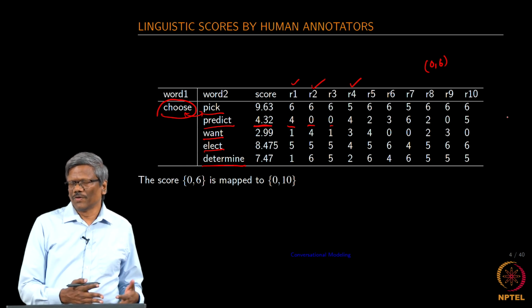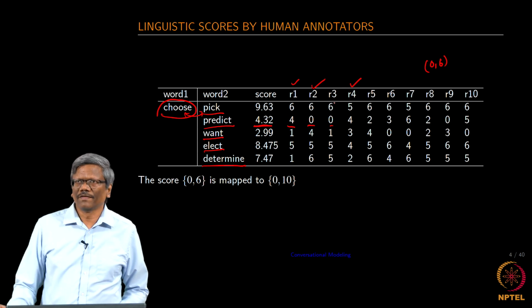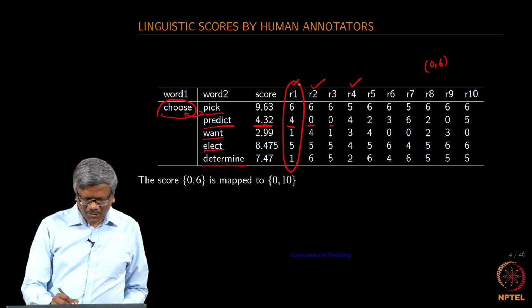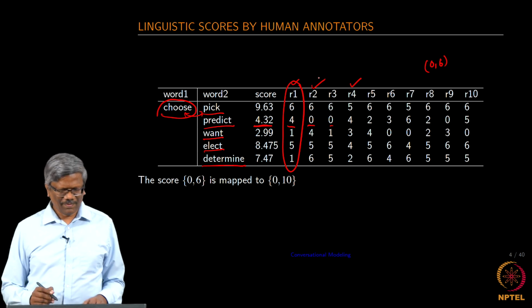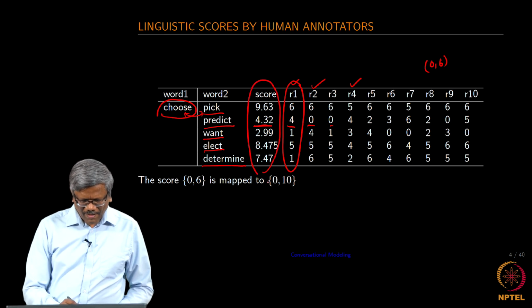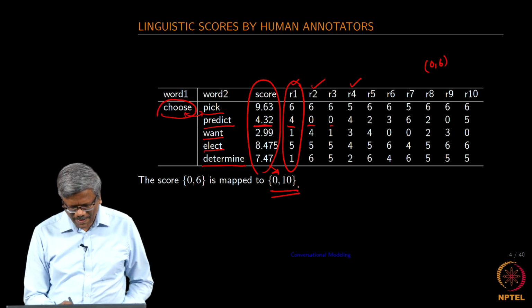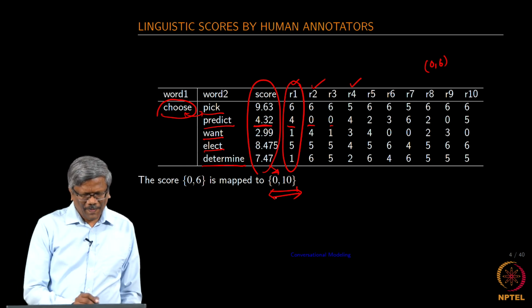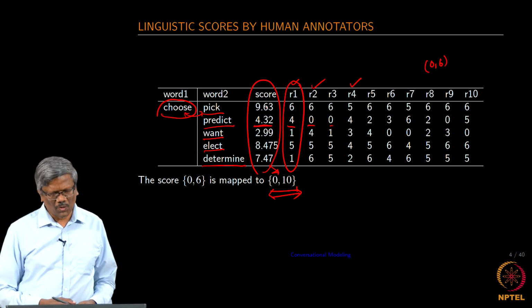Like this, you provide all the word combinations and ask the human annotators to provide a score for each of those, and every annotator, without referring to anyone else, had scored this. So, that should be the idea, right. And then what they do is, at the end when the scores are computed, it is mapped to 0 to 10, and this is the scale most of the evaluation mechanisms would use. Okay. For a pair of words, you will have some score in between 0 and 10.